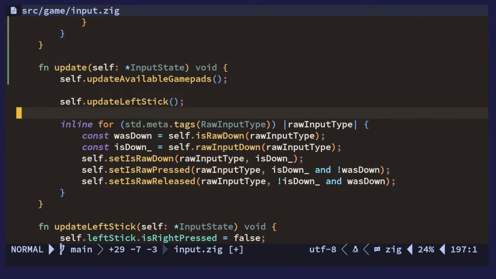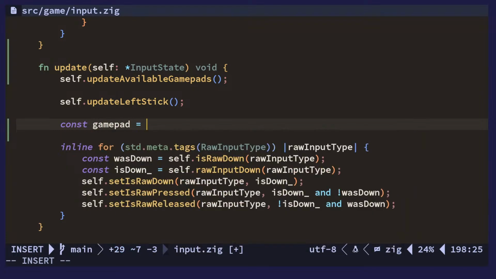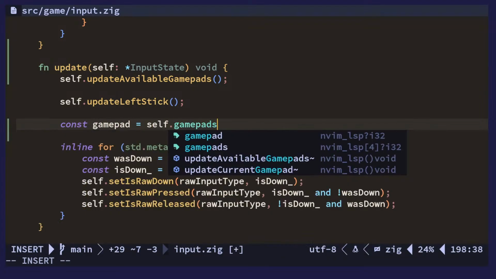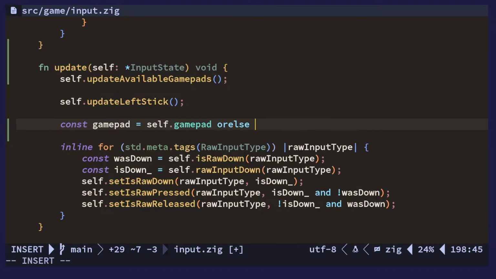we might not even have a gamepad though. Gamepads are not the only types of inputs. We're probably going to need to generalize this later into being like, do you want to use the keyboard or the gamepad or something else? But I think for now I'm just going to keep to gamepad. So we'll do gamepad. If we don't have a current gamepad,